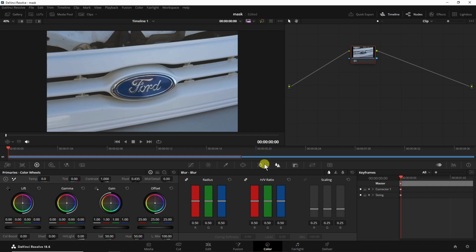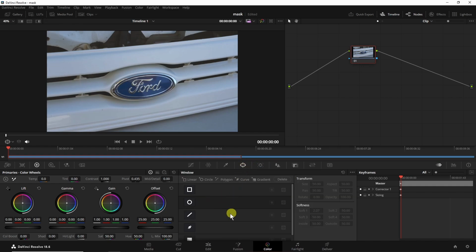Now I want to mask my clip. For that, click on this mask window. Once you click here, you will see the mask tab. Multiple shapes are available here. If you want to use a circular mask, then click on circle, and then you can adjust the position of everything. If you want to increase the feather, increase the softness of your mask, then the feather will also increase. And to delete this shape, click on this delete icon, then your shape will be deleted.